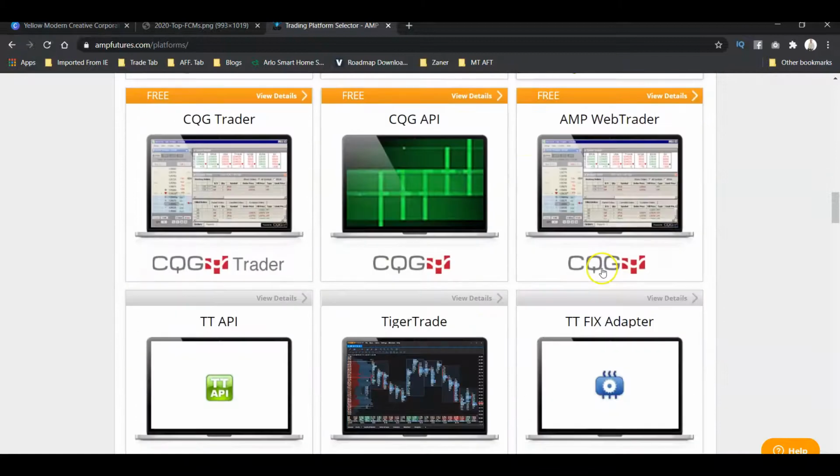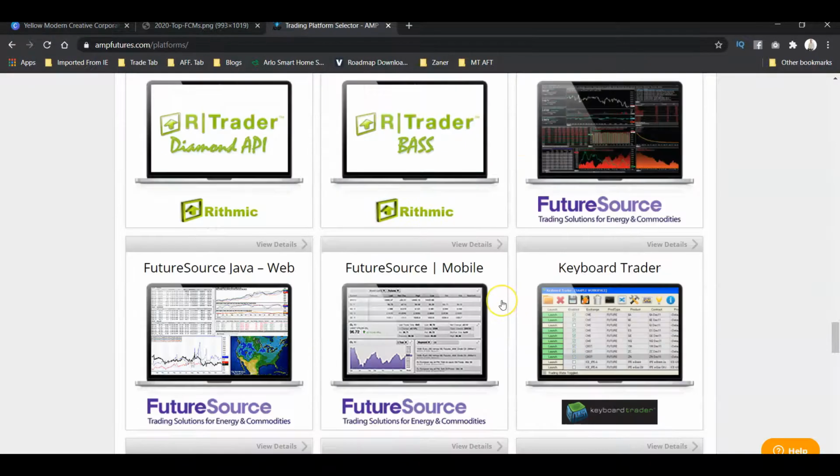Some platforms you have to buy, like my NinjaTrader. I don't have the free one. I have one that I've paid for. Plus I have enterprise licensing there. So,